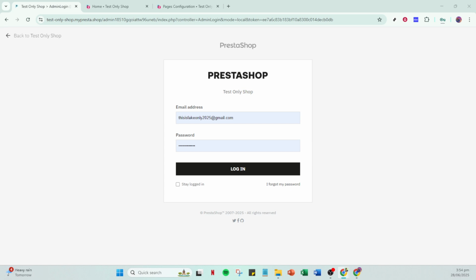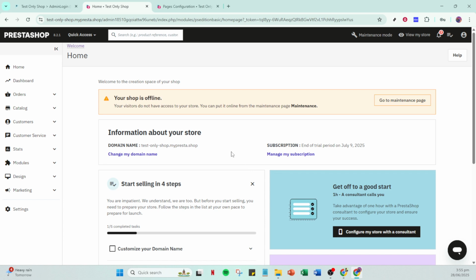To begin, ensure you're logged into your PrestaShop admin dashboard. You'll need to enter your email and password to access the system securely. Once you've filled in your credentials, click on the Login button. This action will redirect you to the PrestaShop back office dashboard, a place where the magic of managing your online